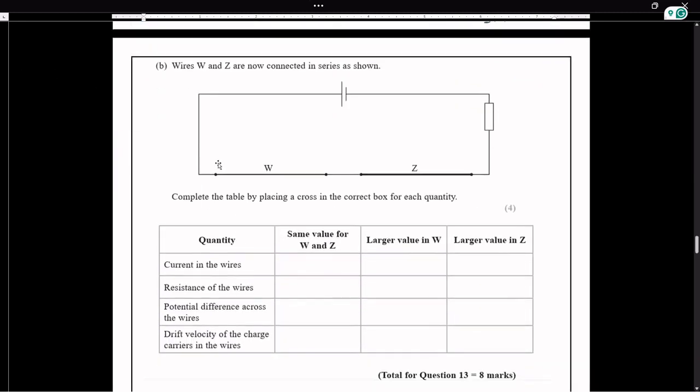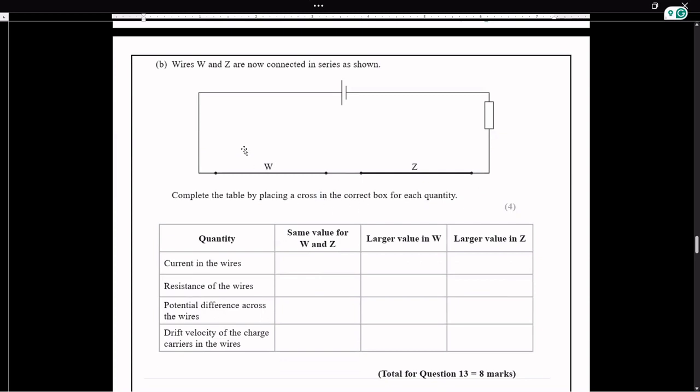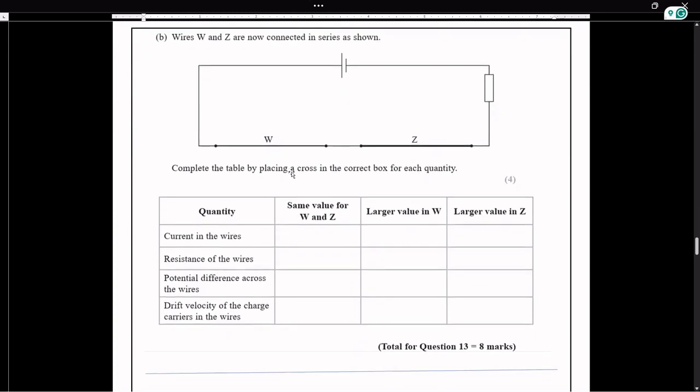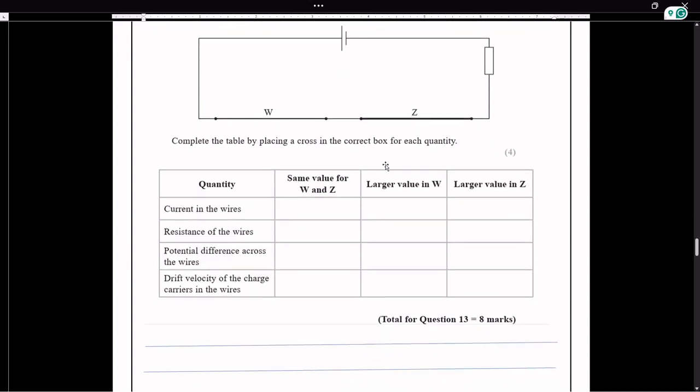Let's move on to the next part of the question. Now, these two wires are connected in series, W and Z. Now, the question is comparing. Complete the table by placing a cross in the correct box for each quantity. We know only one thing. They are identical in length, but their